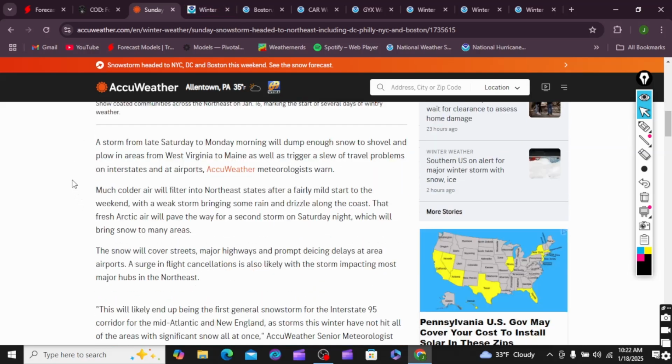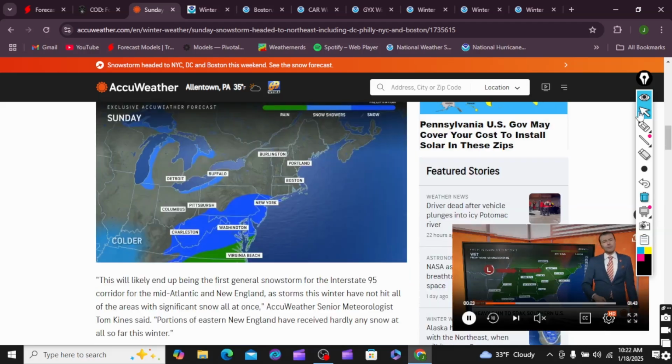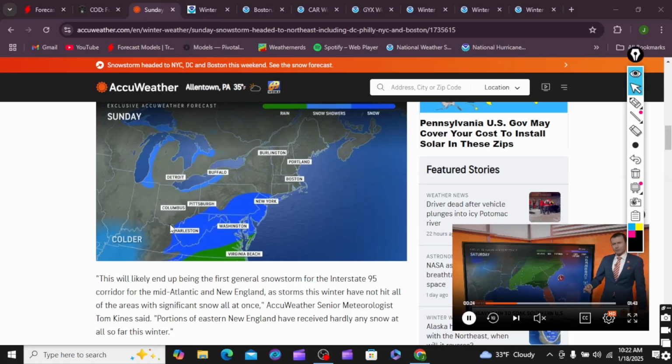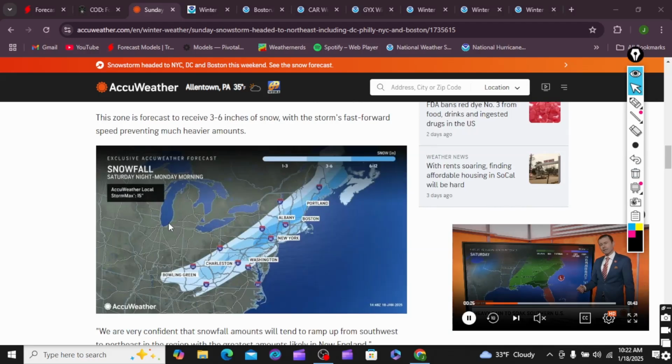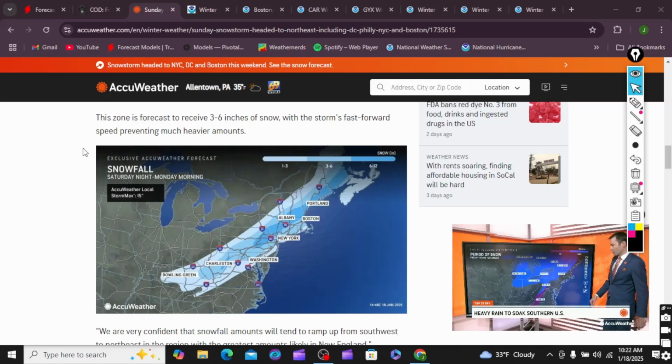So this is the AccuWeather forecast here. Do not mind this, I don't know why this is showing, but there it is, the snowfall map from AccuWeather. I know this is right off the bat, but I'd rather get this done and then go to the models and then show the National Weather Service forecast. Tonight will be my snowfall forecast. I'm in the process of making my snowfall map for this storm, but here's AccuWeather.